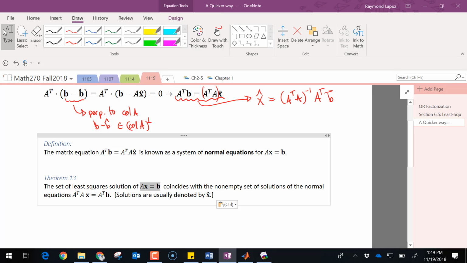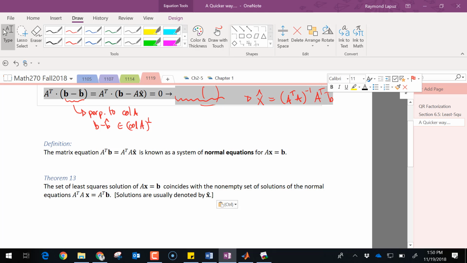And so instead of using X, we want to use X hat to say that this is an approximation or the best approximation to your solution. All right. So the bottom line is we have this relationship that we want to use to solve for these